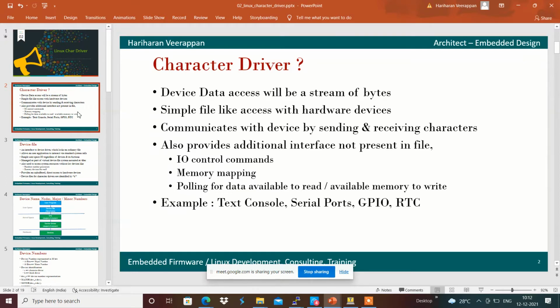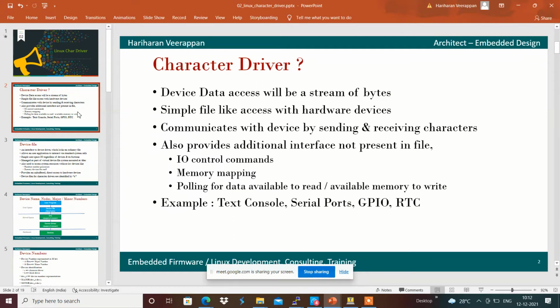It also has IO control commands, which can be used to configure and control the character drivers. And it has a memory mapping feature.